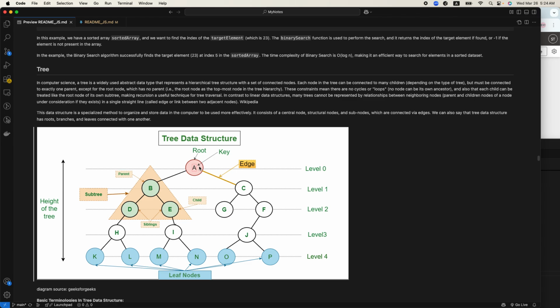And to the extent of this lesson, we study only those tree structures that have a maximum of 2 children. But in future lessons, we may cover trees that have more than 2 children as well. But within the context of this lesson, you see that every node can have a maximum of 2 children, or one child